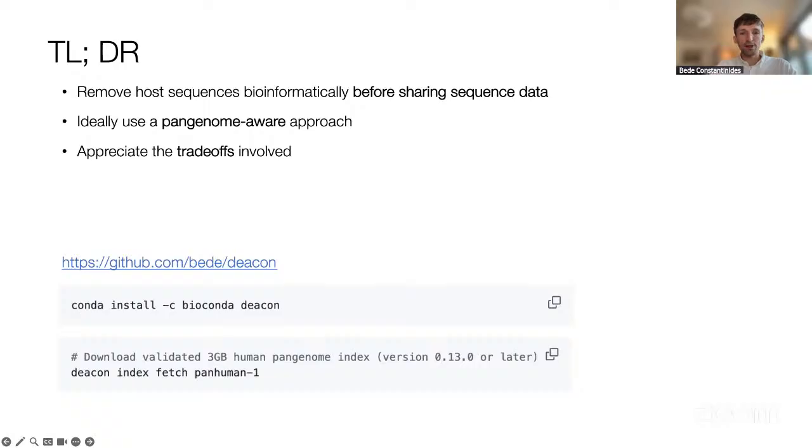I've put a GitHub link to the approach I've developed, which we're going to briefly walk through at the end. For anyone who wants to try it out while we're on this call or get ready to do it afterwards, particularly if you're on a slow internet connection, you might want to start installing it while listening. There is an index to download, which is 3 GB, from a server in London. So feel free to download it now if you want to get ahead.